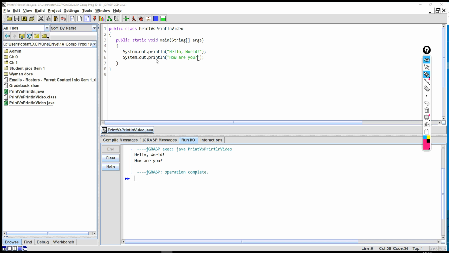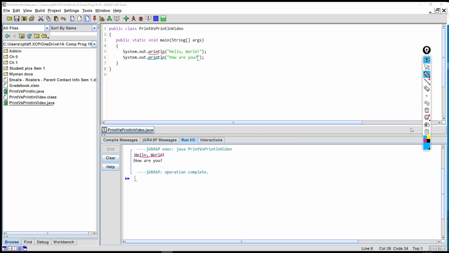So what happens is it says print the argument. So it's going to print hello world. And then the ln says move the insertion point to the next line down. So the insertion point goes down here and just hangs out, waits for the next output. So now we go to the next line, and the compiler goes to here, and it has two parts again. It's got print and ln. So it prints the how are you,